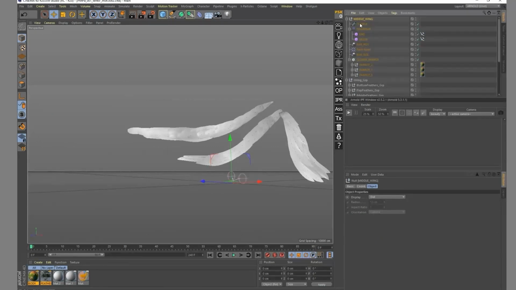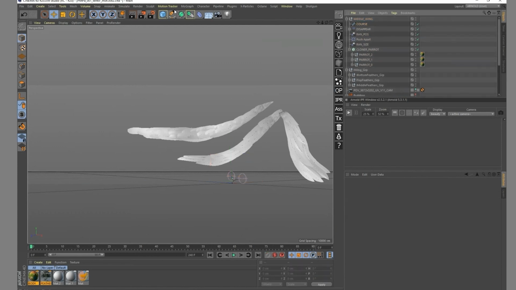So first things first, I need to change that spline to be something that's going along that wing. So I'm going to use my pen tool using the snap with some polygon snap, and I'm going to be creating just one simple spline.